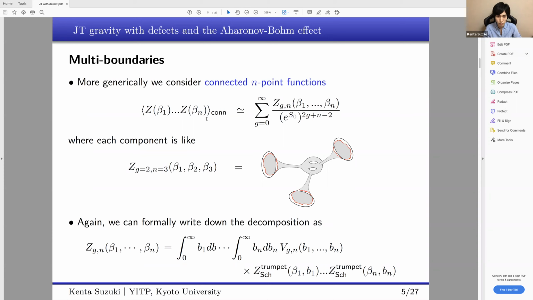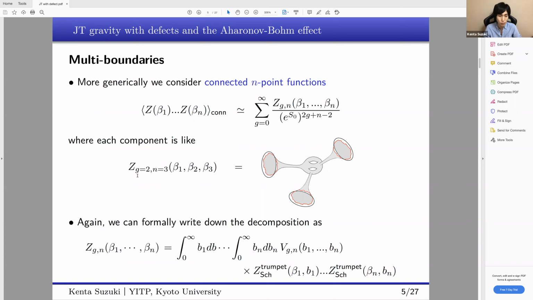So for this n-point function of a partition function, we can also write down a formal topological expansion in this way. And the coefficient z of Gn,